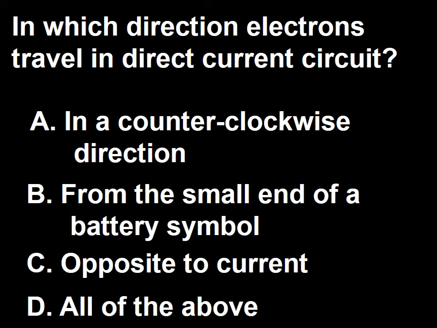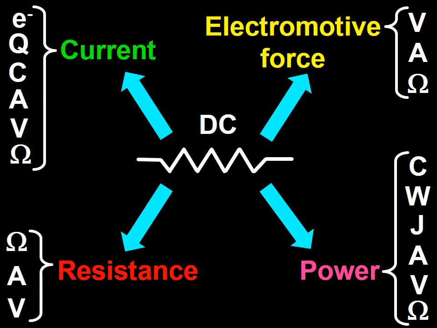The next question is: in which direction do electrons travel in direct current circuits? A, in a counterclockwise direction. B, from the small end of the battery symbol. C, opposite to current. D, all of the above. I'd like to start elaborating an answer to this question by presenting to you the master